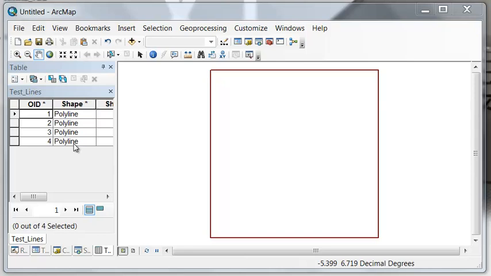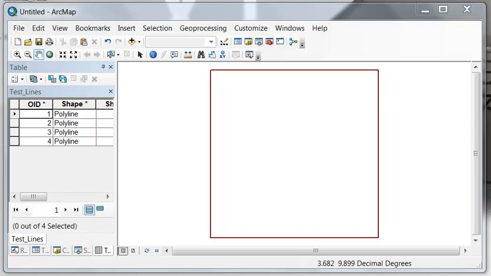And the direction is important. For example, if you have lines representing streams and you want the lines to flow downstream, or you have lines representing roads and some roads are one-way roads and you want the direction to represent that one-way direction of these one-way roads. So the easiest way to find the direction of each line is to symbolize it with an arrow